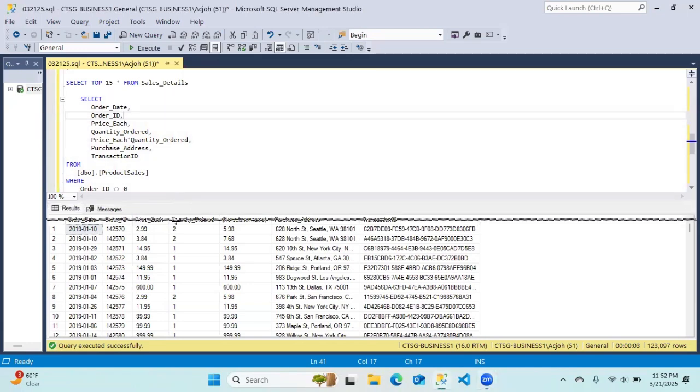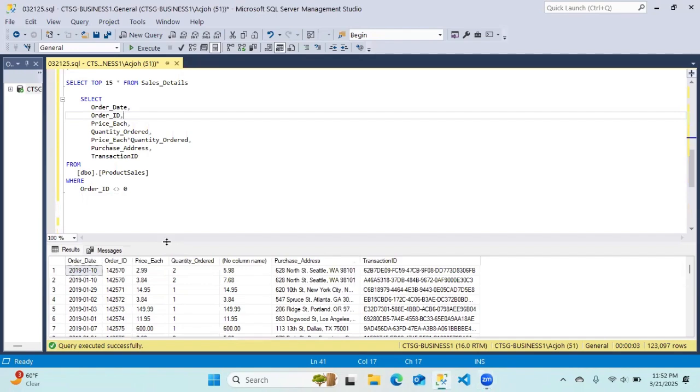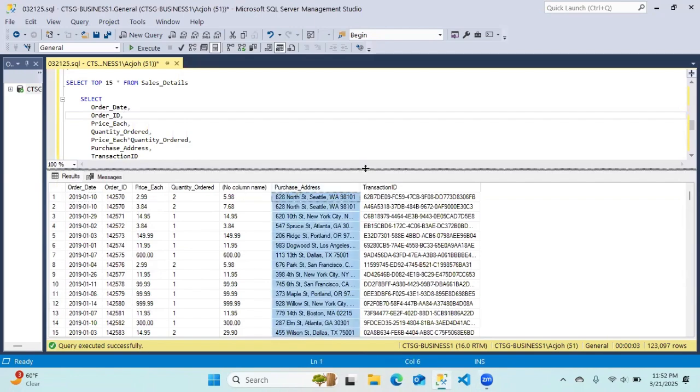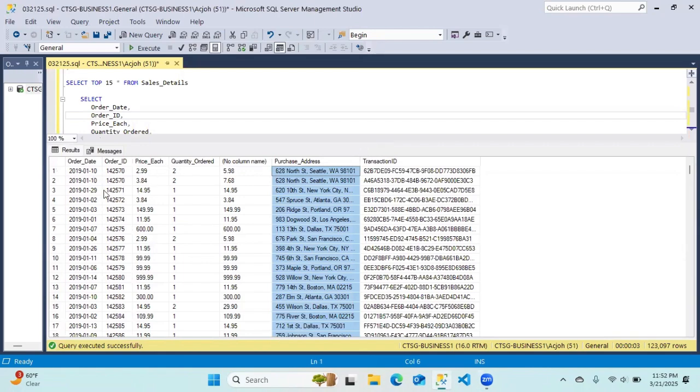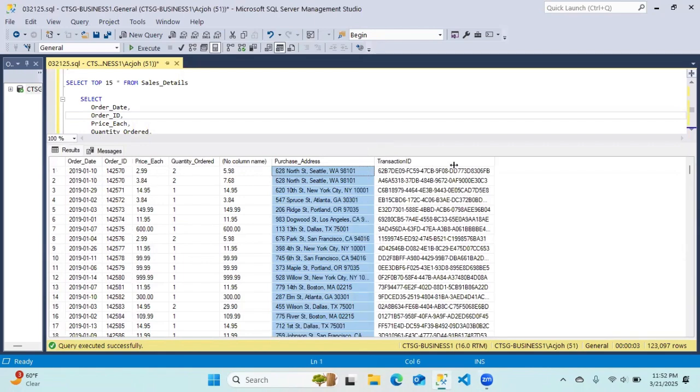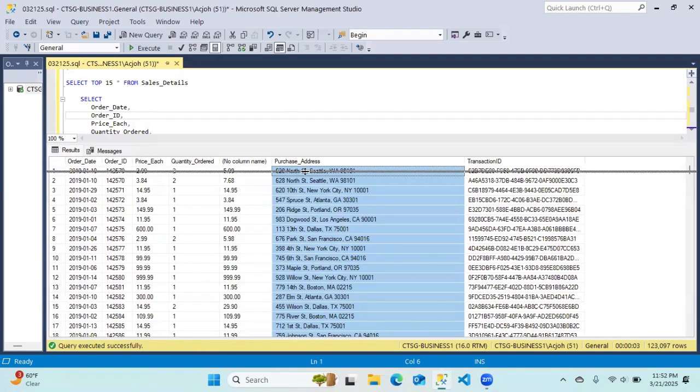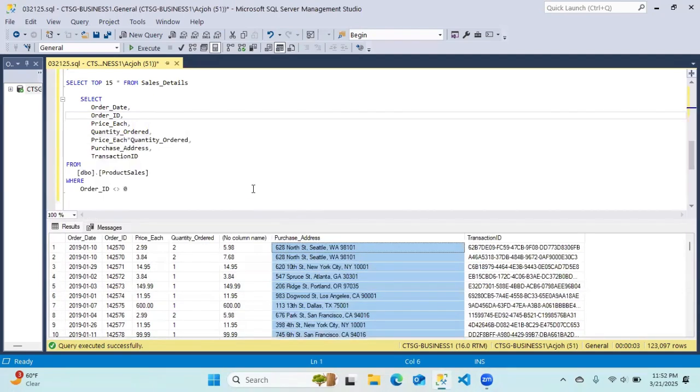So what we have here on the screen is a data set, and you see the purchase column, we want to clean that up essentially. We don't want a full address in there. We essentially want to parse it out. One technique that we can do here is